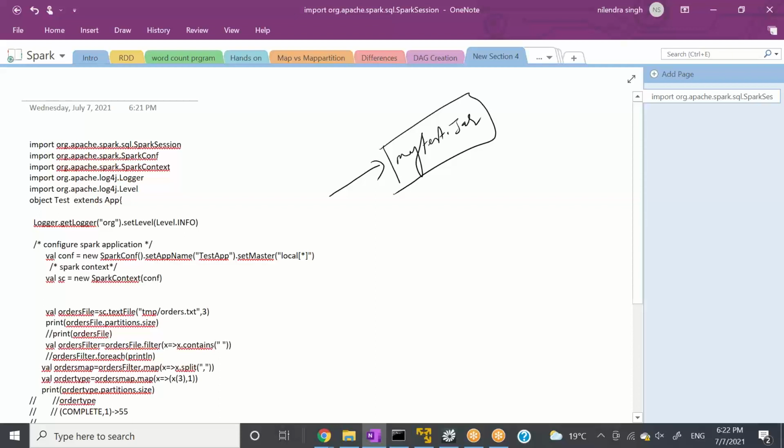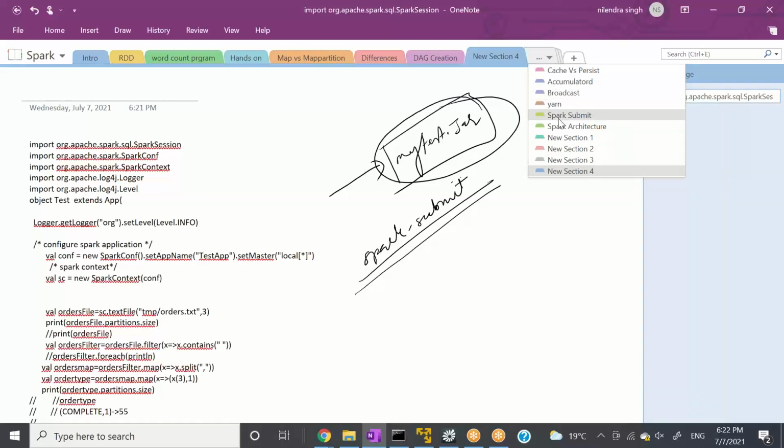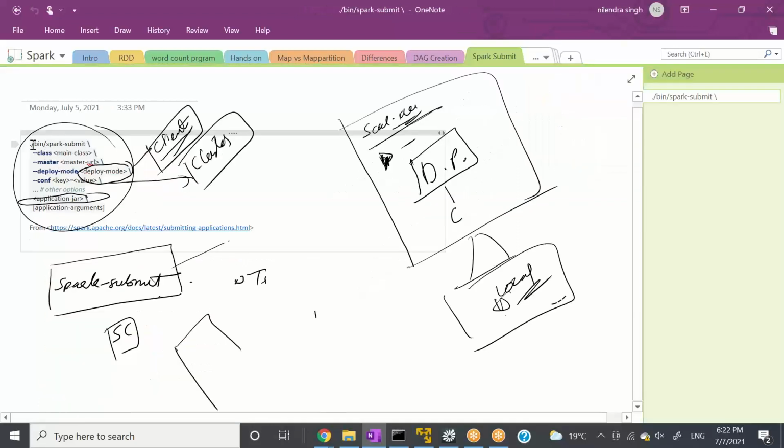How does Spark Submit work? You need to write spark-submit. What will Spark Submit do? Spark Submit will submit your jar to the driver, right? So what do you need to say? You need to give 4 or 5 parameters. Let's go to Spark Submit here and copy this.